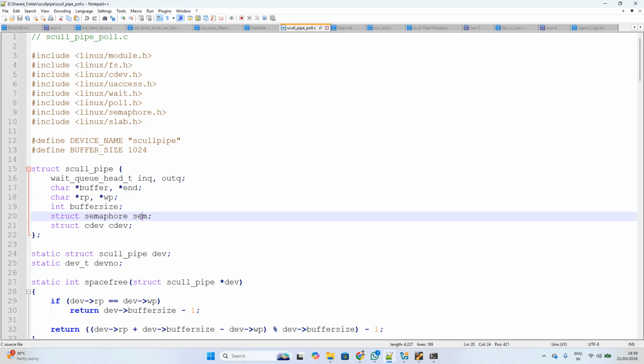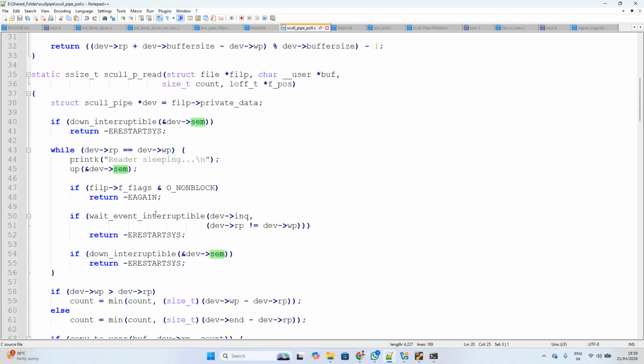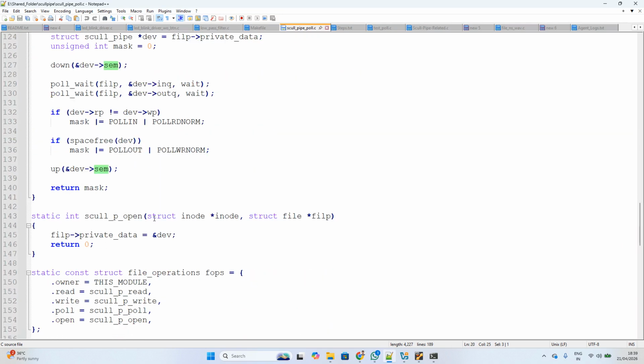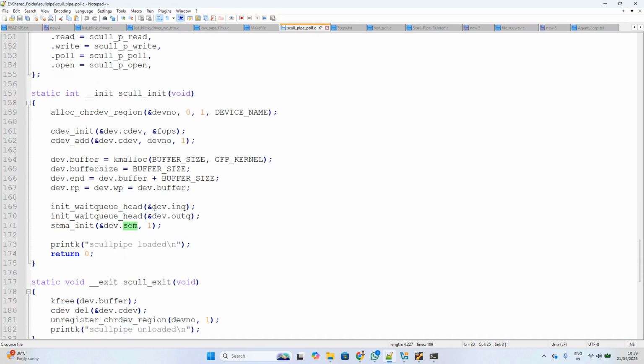Semaphore: we are giving one, we are taking one. So if you see, init is there, right? In init, we call alloc_chrdev_region. Here the major number is assigned to that particular device by the kernel itself, so we are not assigning any major number. The major number is given by the kernel. Then we do cdev init, cdev add, and after that